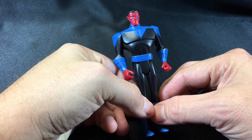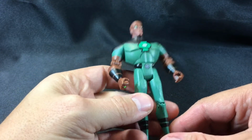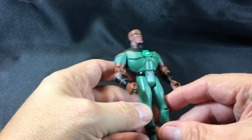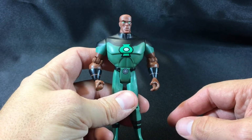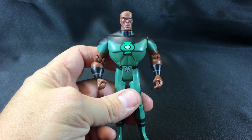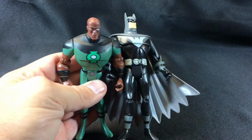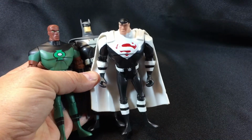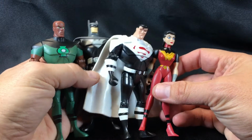So I got Sinestro. We've got John Stewart, Green Lantern. I'm not sure. I've got to do research on some of these figures. There was a line of bad guy heroes, and I think that this might be the bad guy Green Lantern, because we also have this Batman, this Superman, this Wonder Woman,